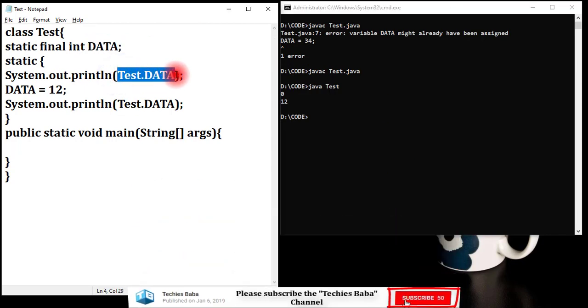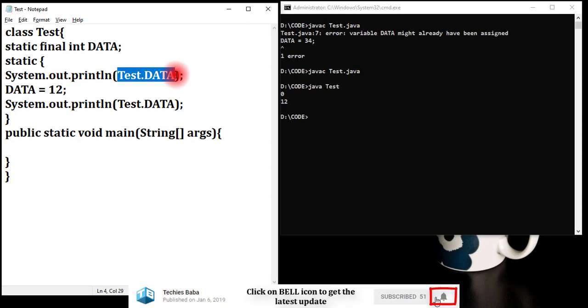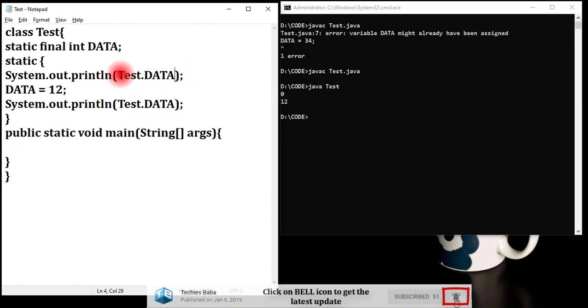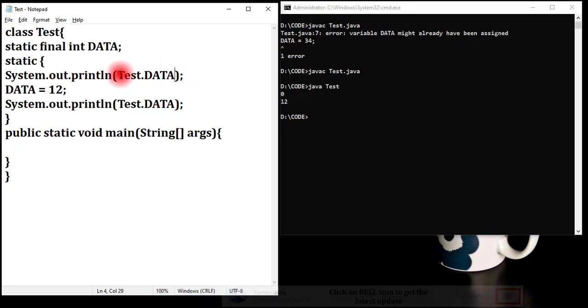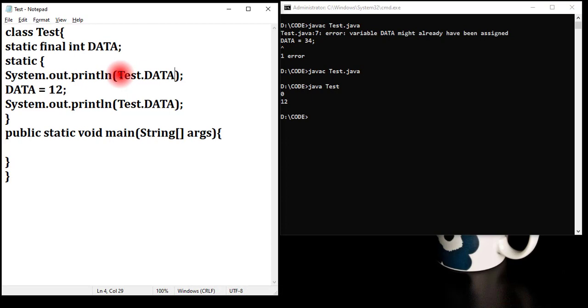Memory means it is going to reserve the memory, and memory means it has the bit representation, that is 0 by default. For the local variable, we discussed in the variable topic that JVM will not provide the initial value. But for the static or non-static variable, that is instance variable, JVM provides the default value.